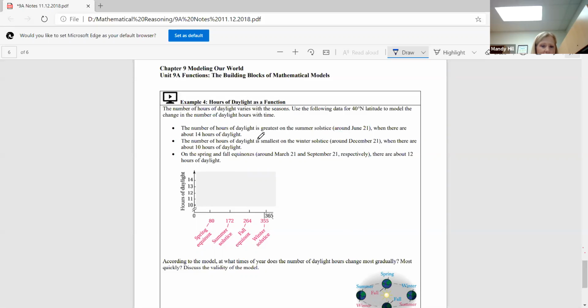The number of hours of daylight is the smallest on the winter solstice around December 21st, when there are 10 hours of daylight. On the spring and fall equinoxes around March 21st and September 21st, respectively, there are 12 hours of daylight. So it says that we're supposed to look at what's going to happen here. So according to this information that we've got